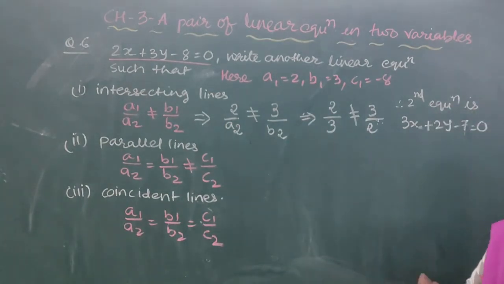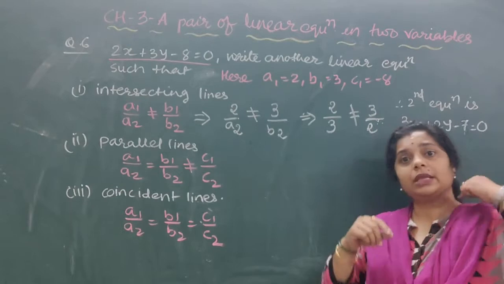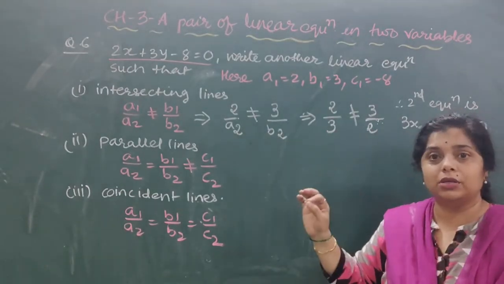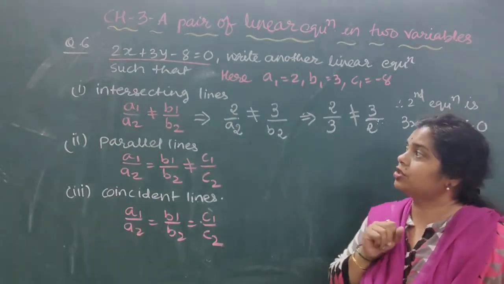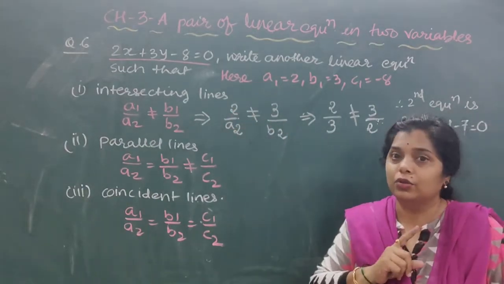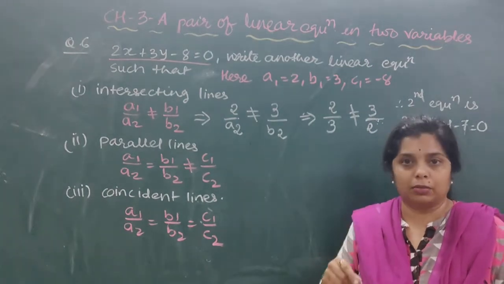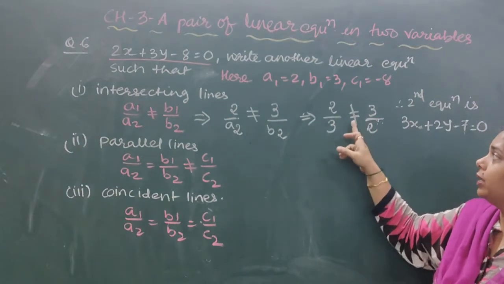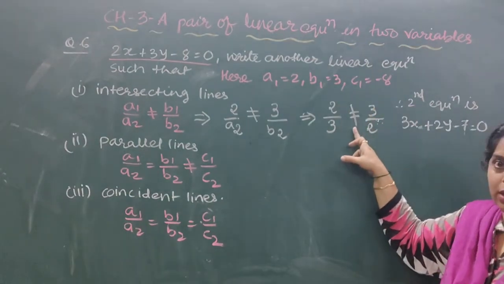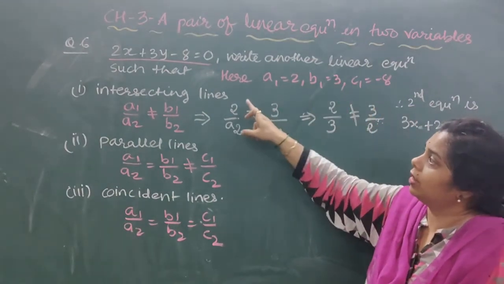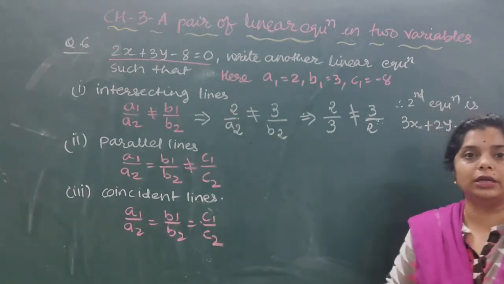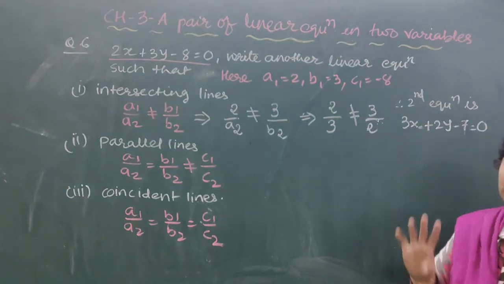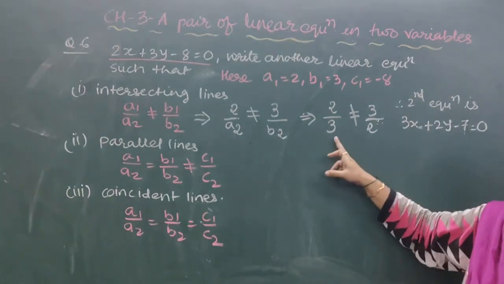Is it clear? Okay. Now, second thing. Are these two numbers the only numbers by which we will get such intersecting lines? No. There are so many numbers you can put here instead of 3 and 2 and prove that this ratio is not equal, and therefore that this shows intersecting lines. So there are many solutions or many equations you can prepare on your own.